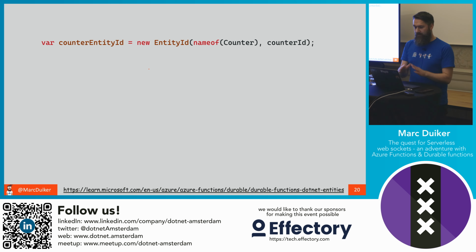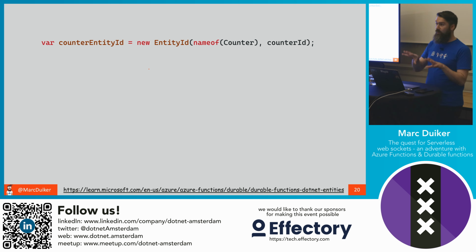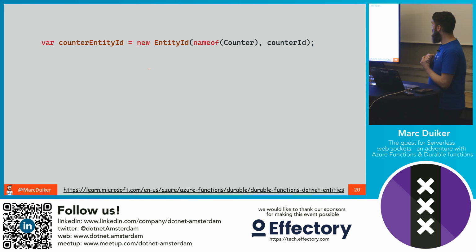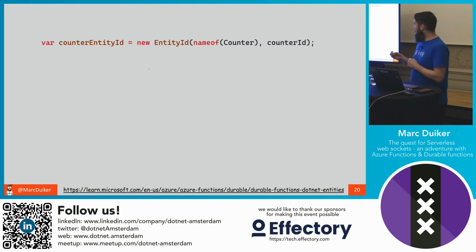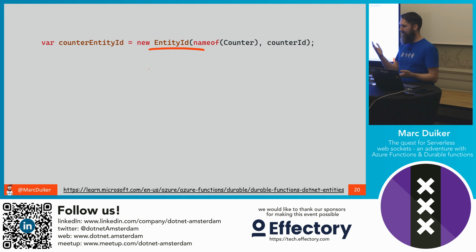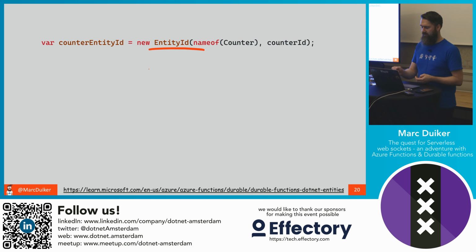All right. So that was the function definition, but how do you use entity functions? Well, we didn't talk about an ID yet, so you first need to define an entity ID when you are using entity functions. So you have to use this type, entity ID, and that consists of two parts. There is usually a part that identifies what type of entity it is. In this case, I'm just using the class name. And there is something that really makes it a unique key. So in this case, there's a counter ID, but a more real-life example would be some kind of GUID that identifies a user or a player or an email. So something that is guaranteed to be unique.